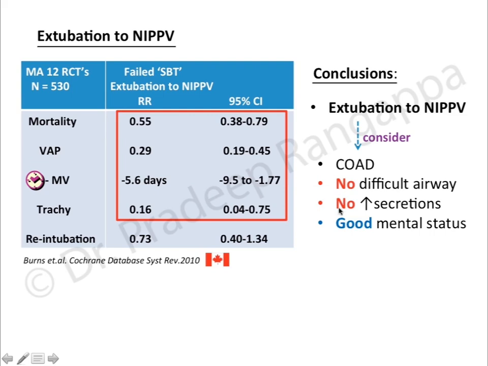Typically we do that, or a patient who has no difficult airway, because if they have a difficult airway then you are in a problem. So if there's a difficult airway, better is to go for a definitive procedure like tracheostomy, or someone who has no increase in secretions, because if they have a lot of secretions it's difficult to clear on NIV, and good mental status. So these are some of the clinical situations where you could extubate to NIV